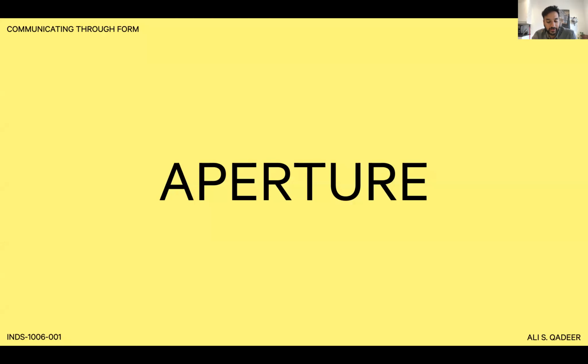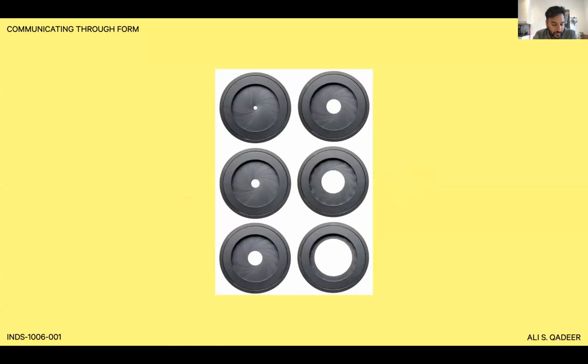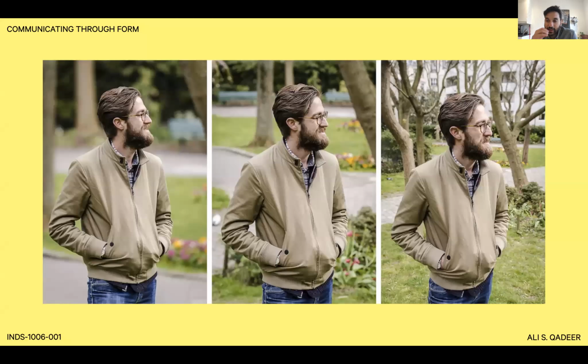Exposure is, as I said, largely determined by three variables. Firstly, aperture. Light enters a camera through an opening or an aperture, which can be made wider or narrower to allow more or less light in. Aperture is measured using the f-stop scale, often ranging from f1.4, which is very large, to f22, which is very small. So that means that the higher numbers mean less light.